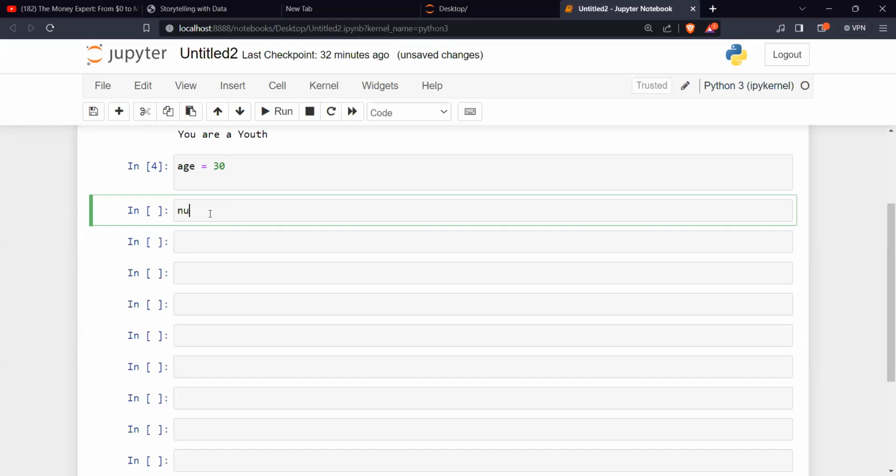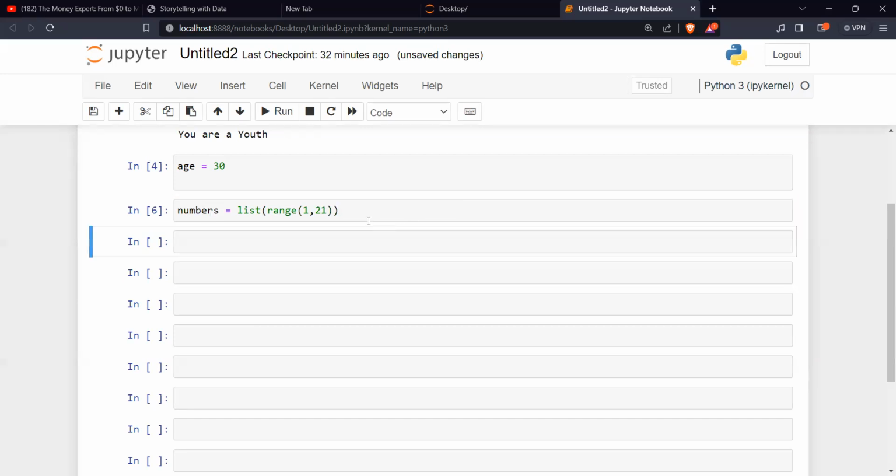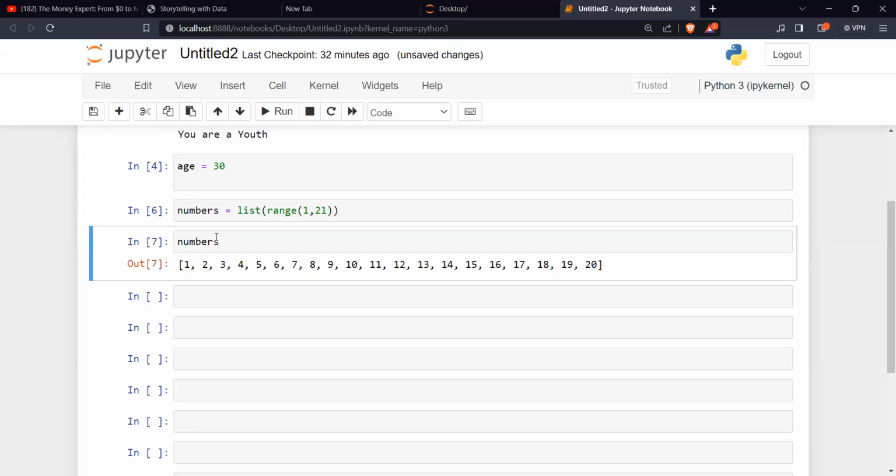So let's say we have numbers equals to list range 1 to 21, right? So when I look at my numbers, can I say I have 1 to 20? I want to go through 1 to 20 and multiply everything by 10, one by one.